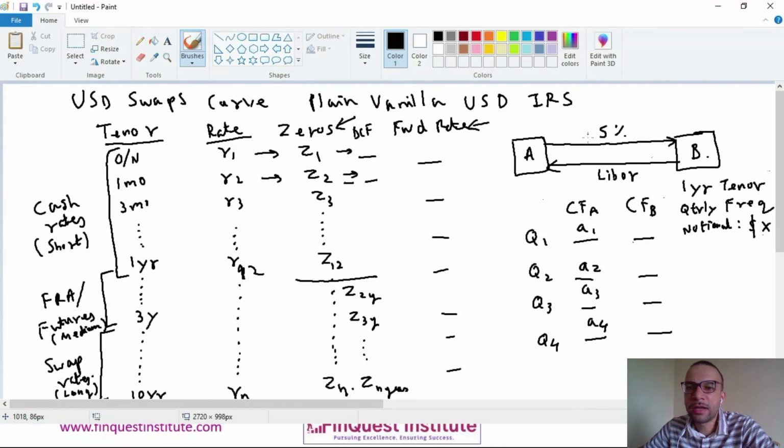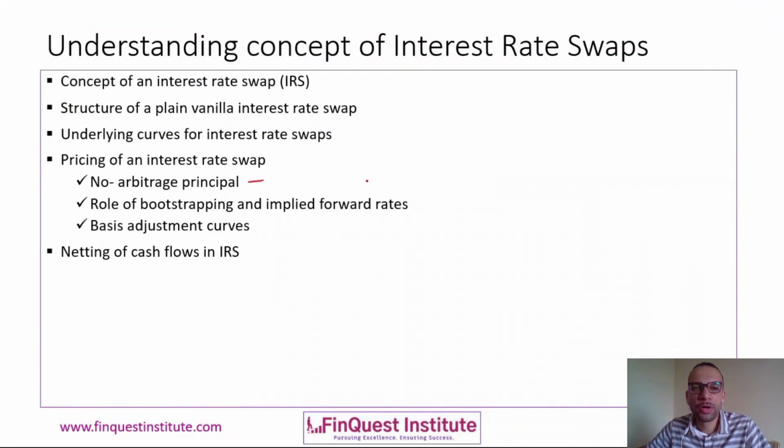And this will imply that by fixing the rate at 5% on the fixed side, we are ensuring that the swap value is going to be zero at initiation. So this implies that none of the counterparties should benefit at the expense of another at swap initiation, i.e., none of the counterparties should receive a positive payoff on day zero of the swap. So this is how we calculate 5%, and this is based on the no arbitrage principle right here.